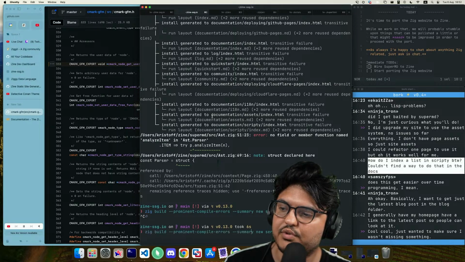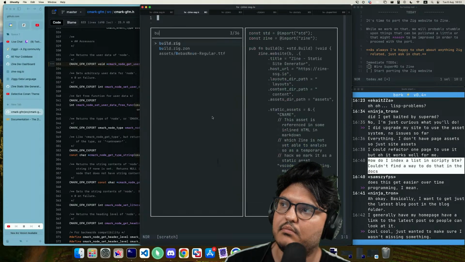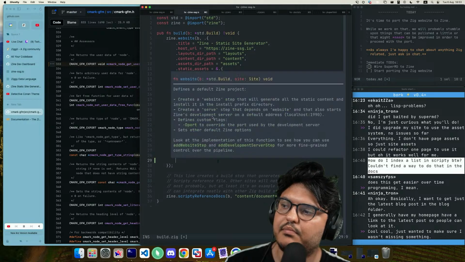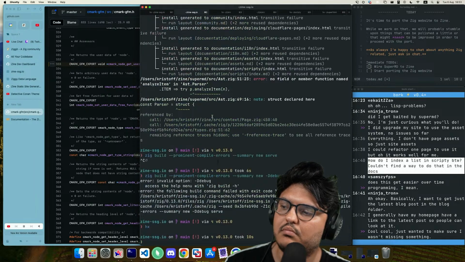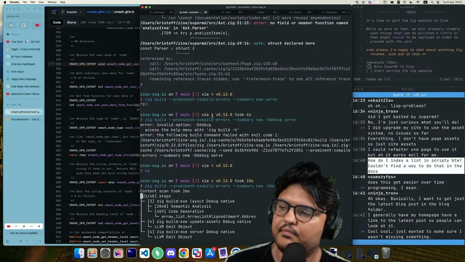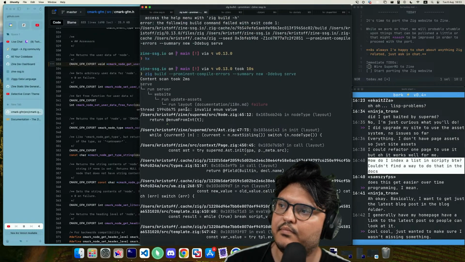Also, I should do the debug stuff. Invalid option debug. I removed debug from here. Panic, invalid enum value.